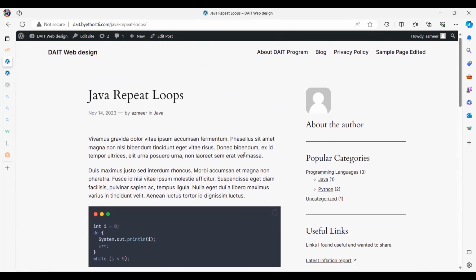Okay. So there are so many things you can do with WordPress. What I wanted to show you was a very small subset of the things you can do. So you are free to explore everything possible with WordPress. Okay. So we talked about how to use pages, how to use posts, how to use menus, how to use themes, and also how to use plugins. Right. So with that knowledge, you can build pretty much anything you want with WordPress.